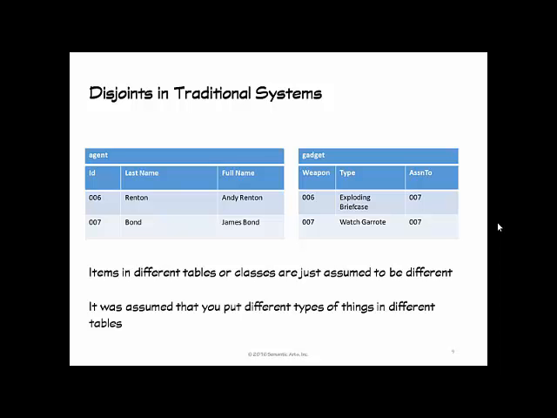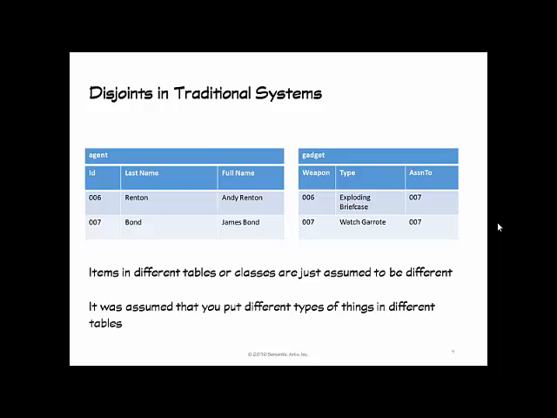And why sometimes we have to make this point, and why maybe, this is one of my theories, that disjoints aren't used very much in a lot of ontologies, is in a traditional system, there's this very implicit assumption